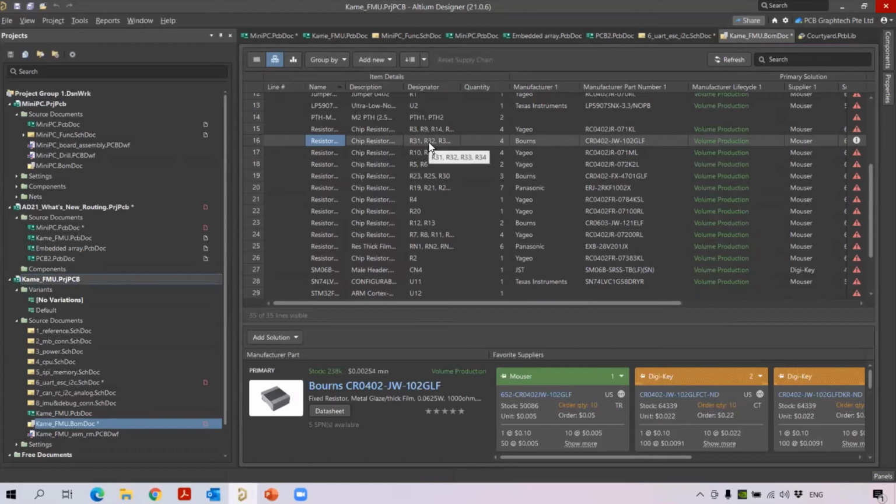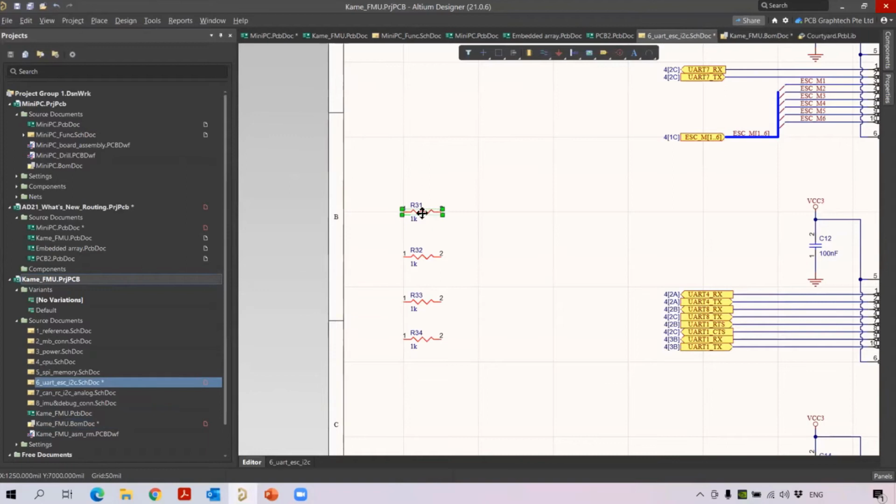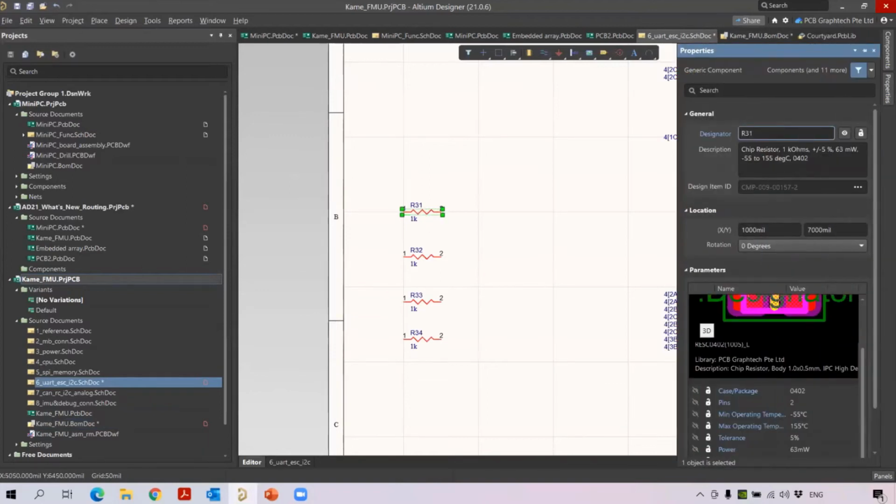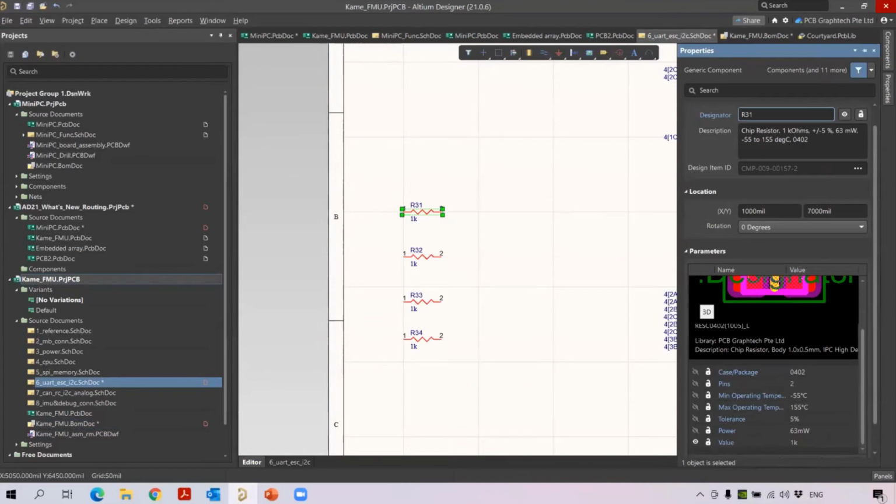So once you have done the changes here, you can go to the schematic sheet and see whether these parameters are updated for your component or not. So we go to the component, just double click on one of the components. You will be able to see the properties. You see here, the description, all the parameters of the component have been updated. Okay, so this is how you can update it directly by changing the component from your ActiveBOM. So this is about your generic components.